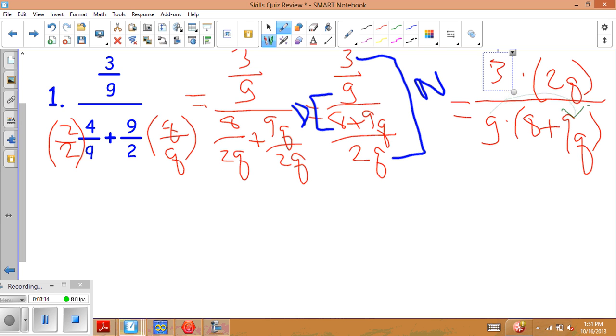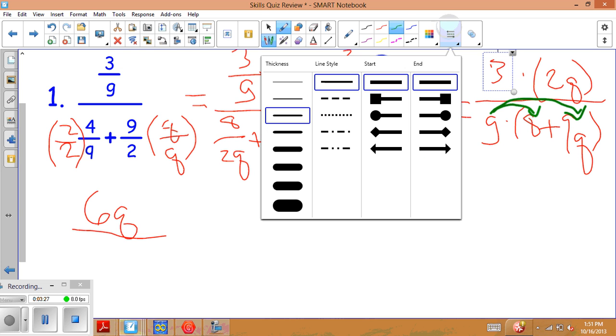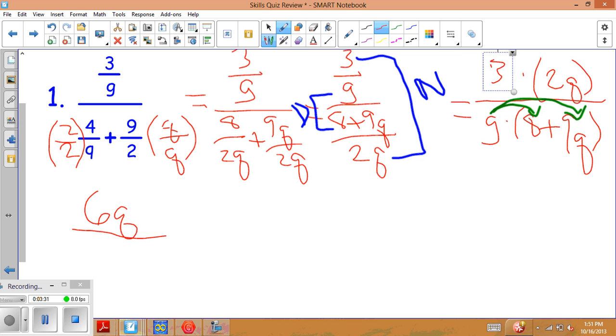Remember the numerator, 3 times 2q is 6q, and my denominator, I'm going to use the distributive property, g times 8, g times 9q, and I get g times 8 is 8g, g times 9q is 9gq,